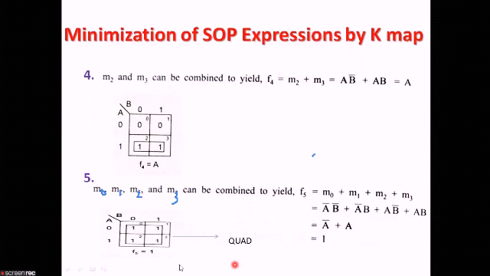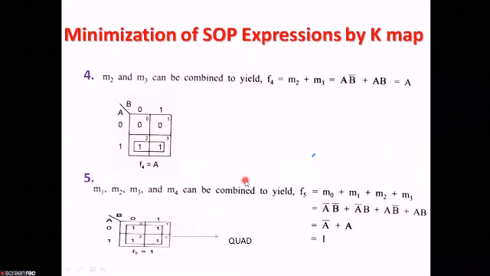Now if there is a case like this, that in a two variable K-map, all these squares, that is the 4 squares, have the value 1, 1, 1, 1, this is a special case. This case is called the quad. That is, two squares adjacent to each other can be combined to form a 4 square. A 4 square eliminates 2 variables, that is A is eliminated, B is also eliminated. So we are left with only 1. The value is 1. And this 4 square is also known as a quad. This is a specific term and this is a very important term. This is quad.